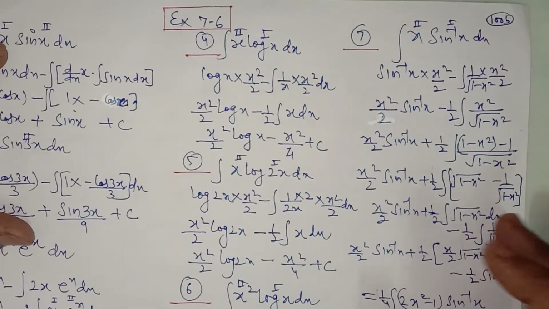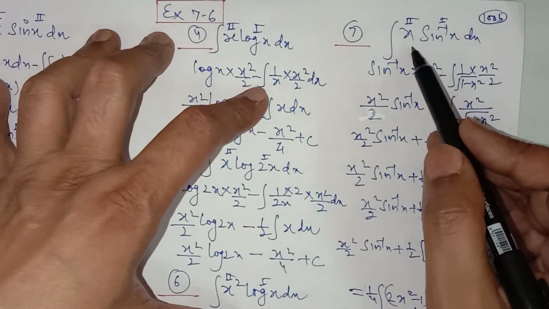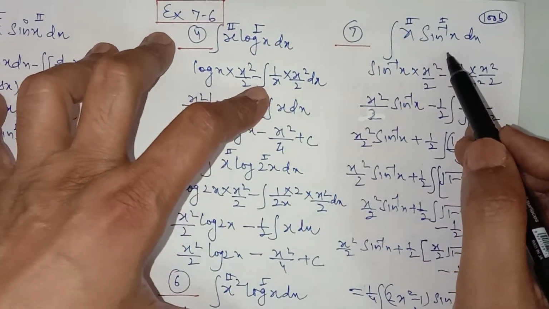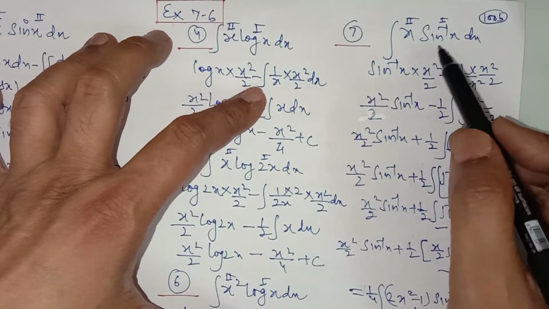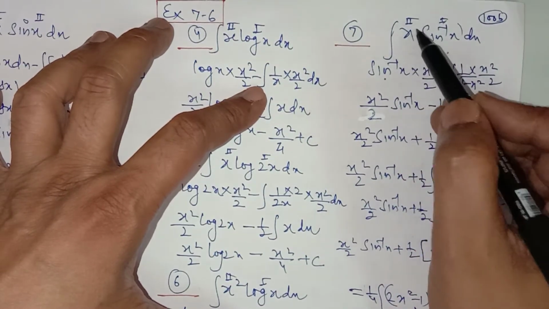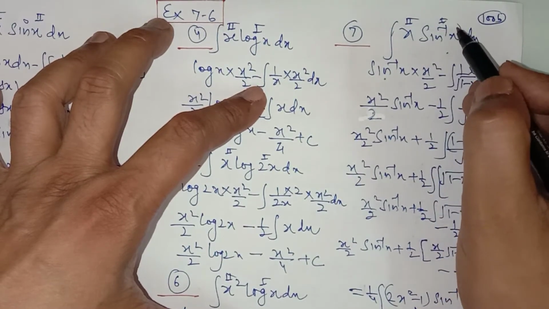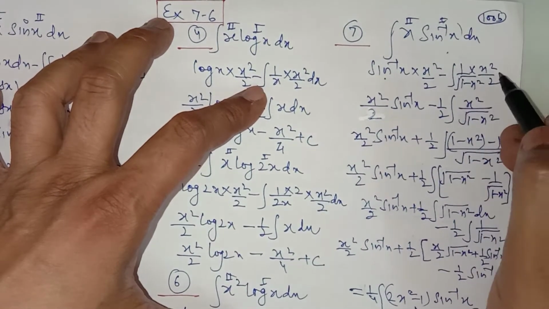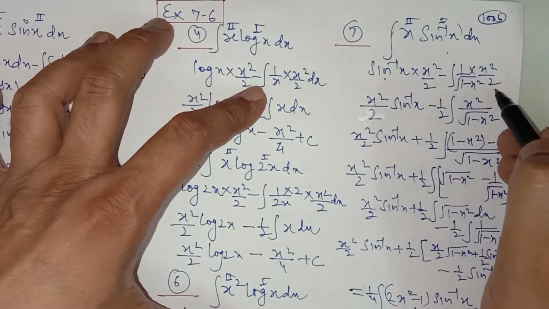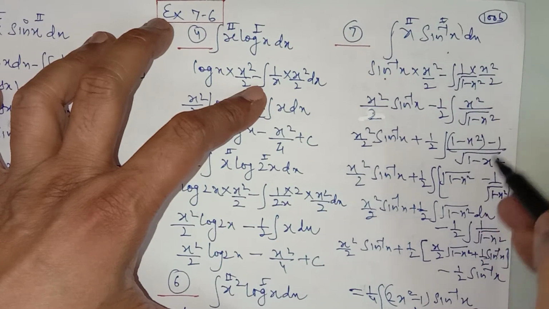Now see this question carefully, it is a good question, there's some arrangement in it. So algebraic and inverse trigonometric function: the inverse trigonometric function is first and algebraic is second. The first function as it is, integral of second, which is x square upon 2, minus derivative of the first, which is 1 upon under root 1 minus x square, into integral of second, which is x square upon 2. Now see the arrangement in the second integral. The second integral becomes somewhat difficult.